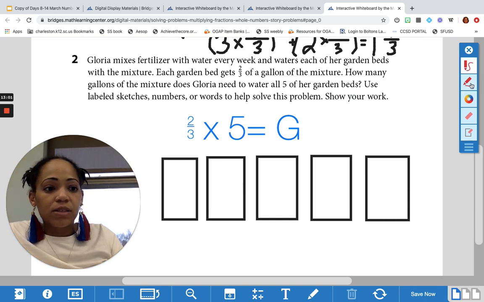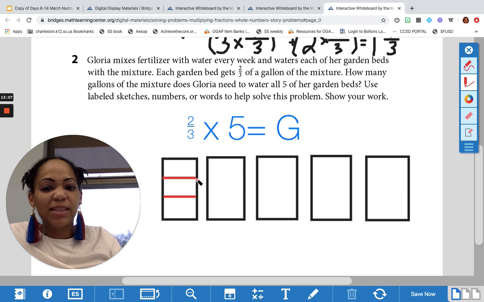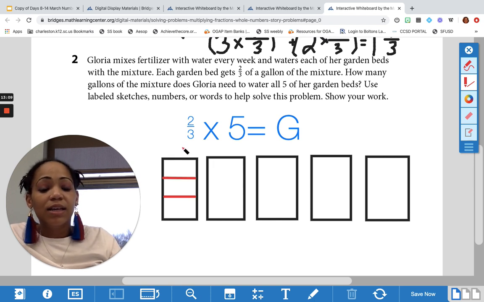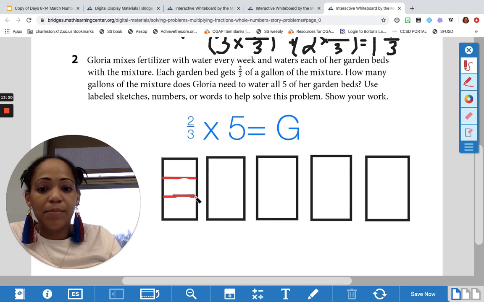Right, so I know I need to break up my garden bed into, or I can think about this as gallons, okay? So I have 2/3 of a gallon, and let me get my pen tool going the right way today. So I have 2/3 of a gallon for this bed, and then 2/3 of a gallon for this bed,